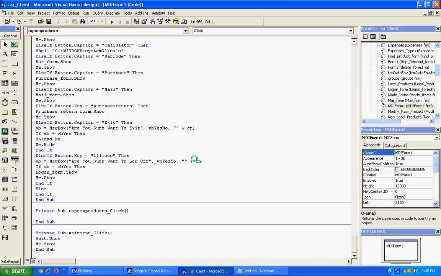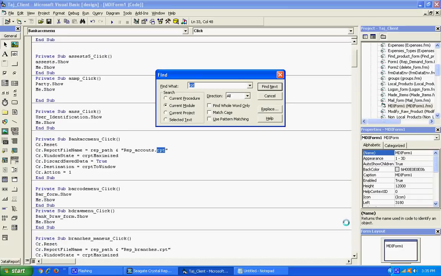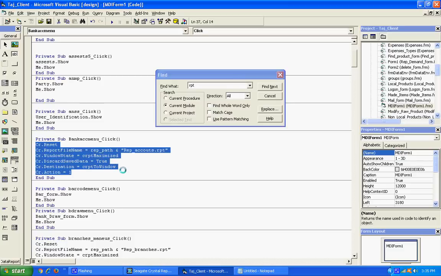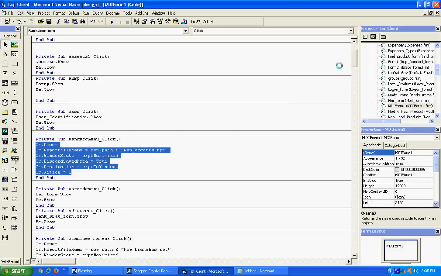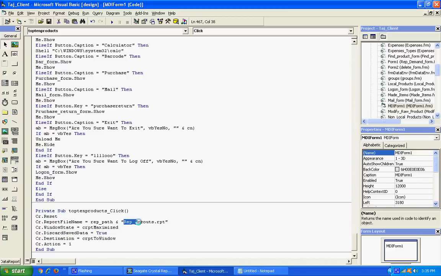I just copy. Yes, this is what I need. Paste the data. Here I add my report name. What is the report name? We check manually what is the exact report name.